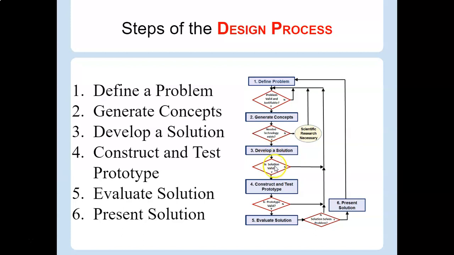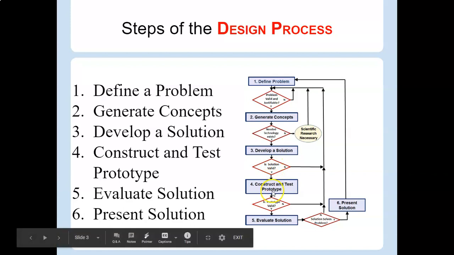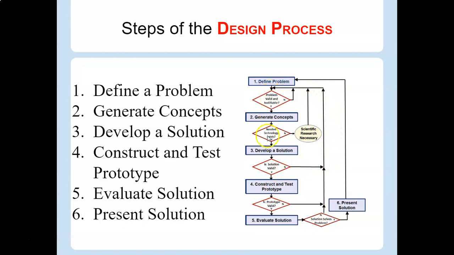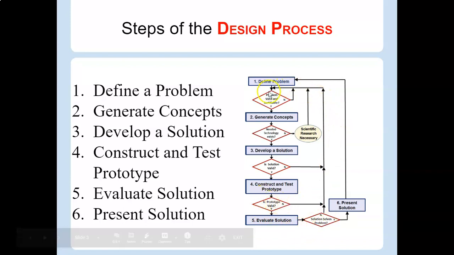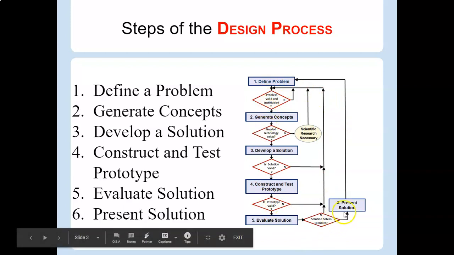Is the solution valid, meaning is it going to work? If so, you construct and test the prototype, and if not, you move back up, obviously, and you continue back down through. Once you construct and test it, is the prototype valid? So does it actually do what it's supposed to do? And from your testing results, you'll figure that out. If so, you evaluate that thing and you see where you can improve. If not, then it goes back up in the design process. Okay, and then step six, you're going to present your entire solution. So that is presenting everything, what you found, your test results, new problems, old problems,